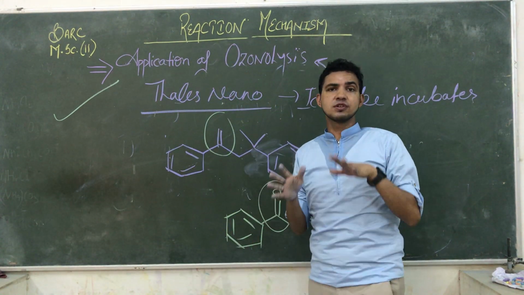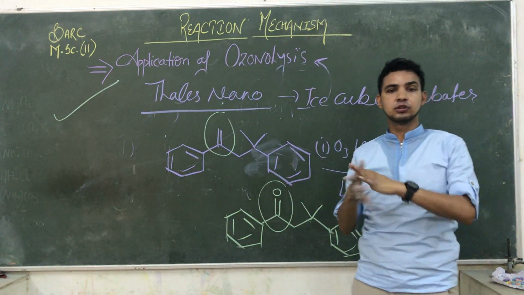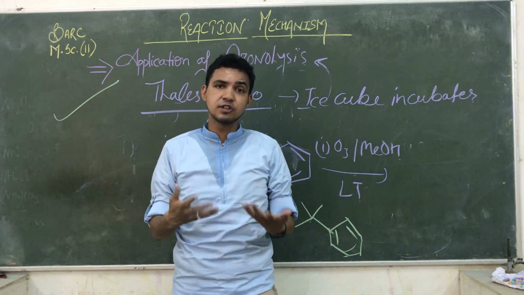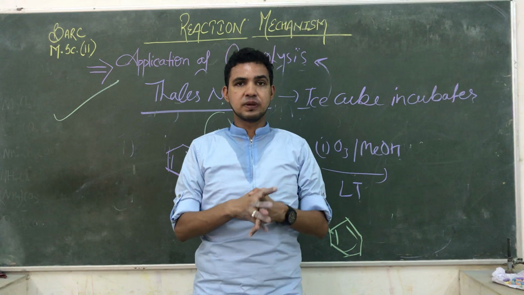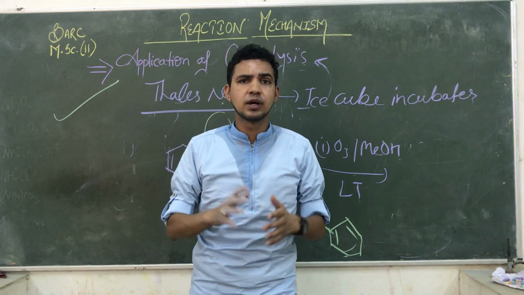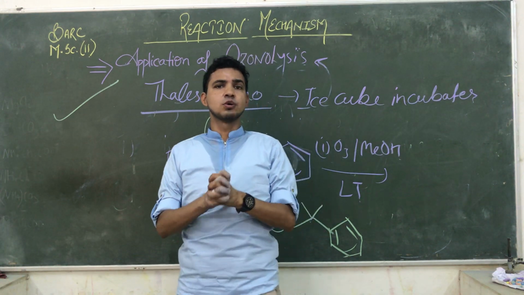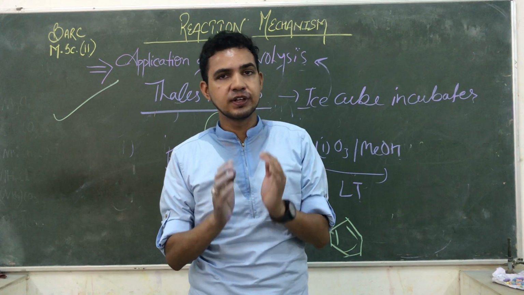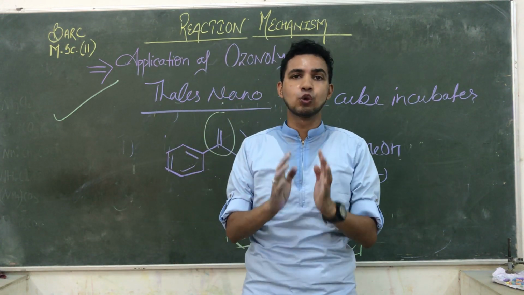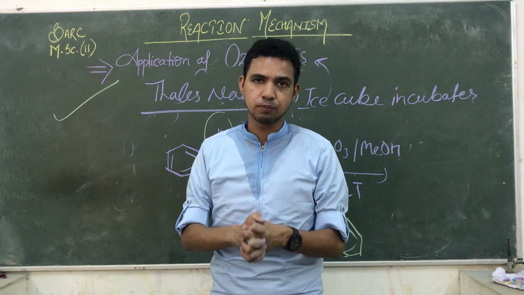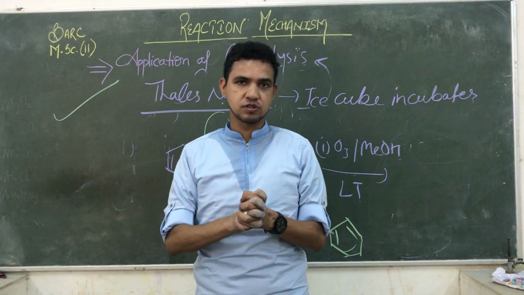Ozonolysis is not only for lower-level or small-scale study purposes. Generally it is used for research and is helpful to synthesize different types of heterocyclic compounds, drugs and also dyes. So guys, that is a part of ozonolysis. On the basis of reagents and conditions, we are able to control the whole reaction. Okay, so that's all for the day. In the next topic we will talk about some other processes also. Thank you.